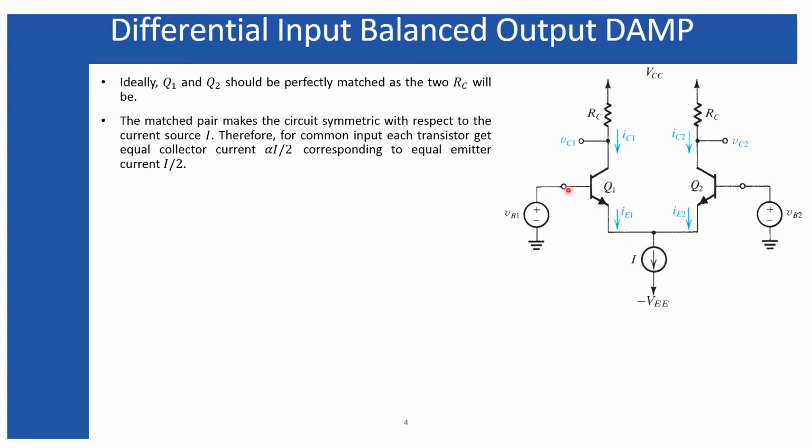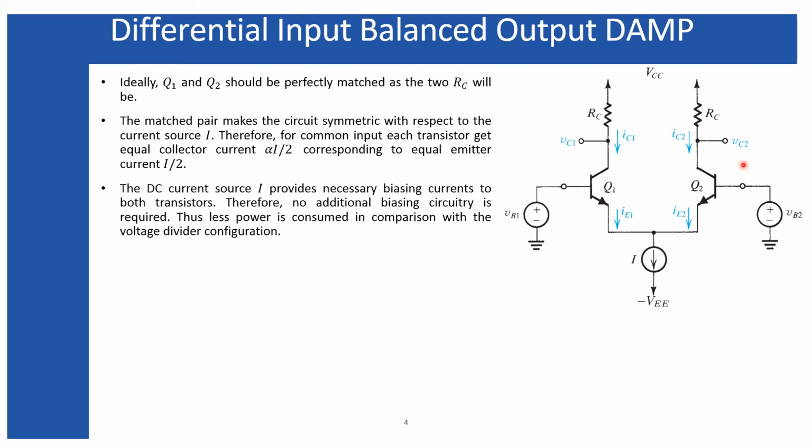Now, when you apply a common voltage to both of these inputs, these two transistors will be biased in a similar way. Therefore, this total current I, which is appearing at their common emitter, will be divided equally into both of these transistors, both of these sides, when you are applying the common input to each of them. So therefore, each transistor will have its emitter current equal to I by 2 when the common voltages are applied to each of their inputs.